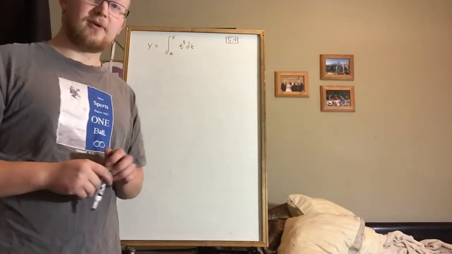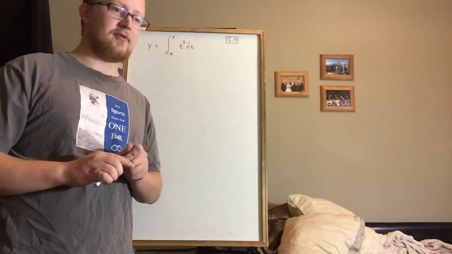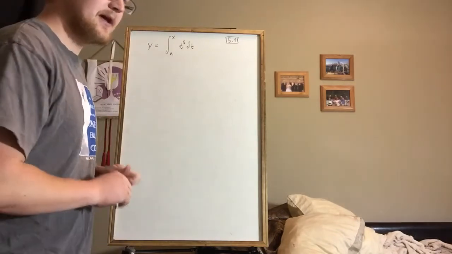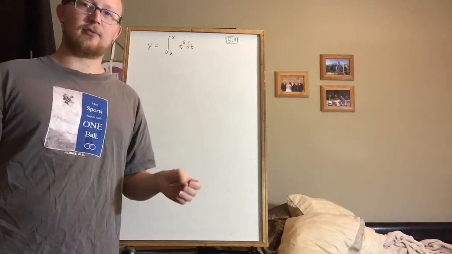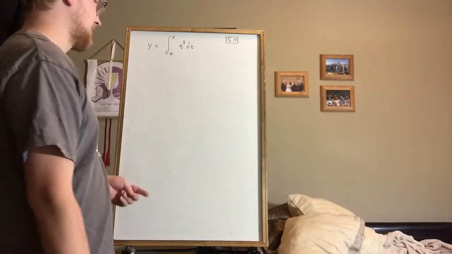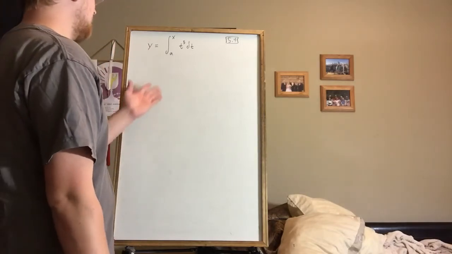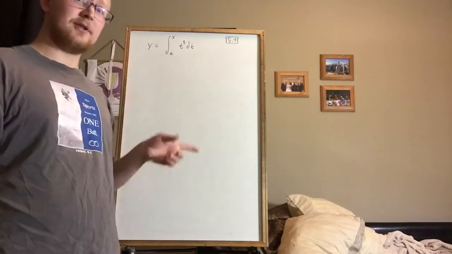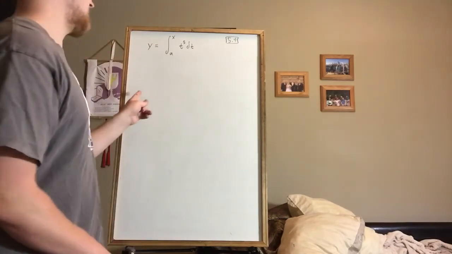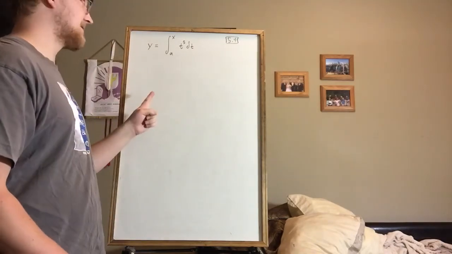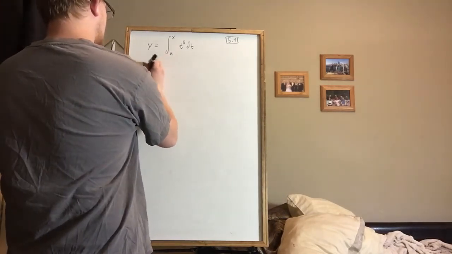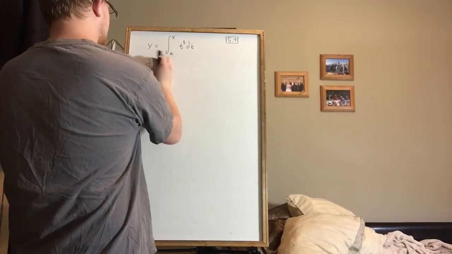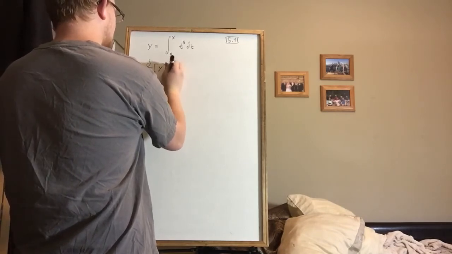Alright, this is 5.4, first part of the fundamental theorem of calculus, and I'm just going to go over the concept first, and then we'll hit some of the more challenging problems in the homework assignment. So the idea here, and I'm going to do it the long way first, is let's say I wanted to find dy dx, okay? So I would write this on both sides. I'm taking the derivative with respect to x of both sides,